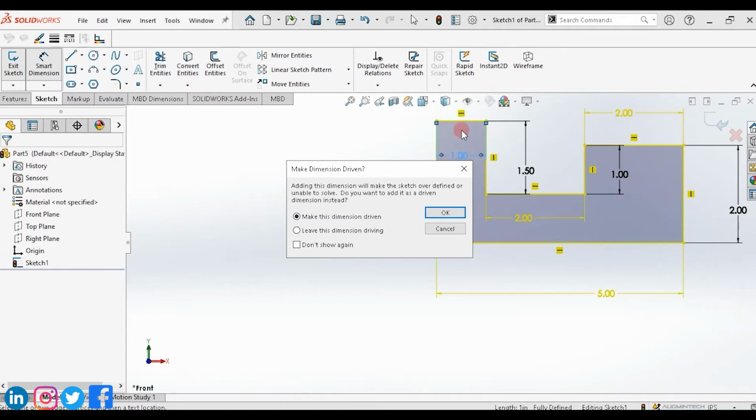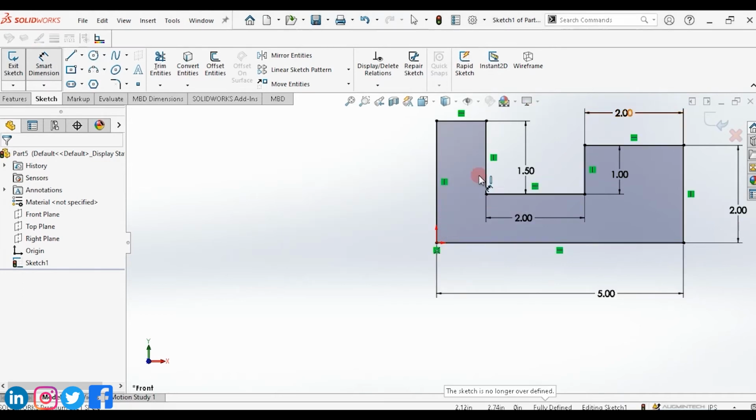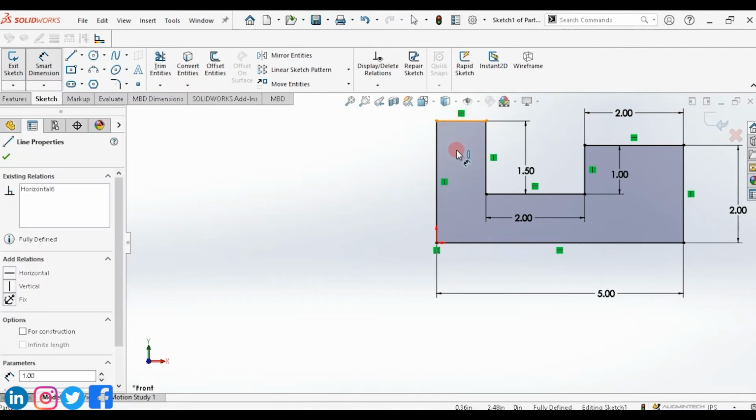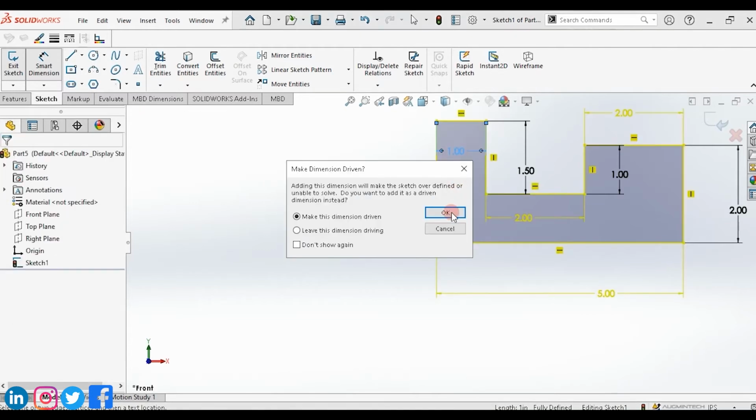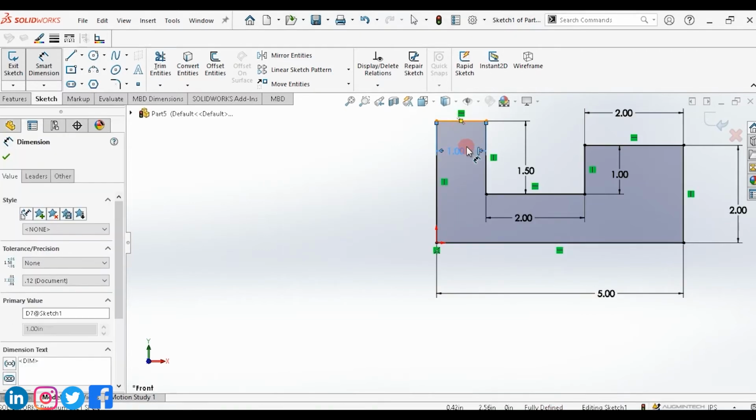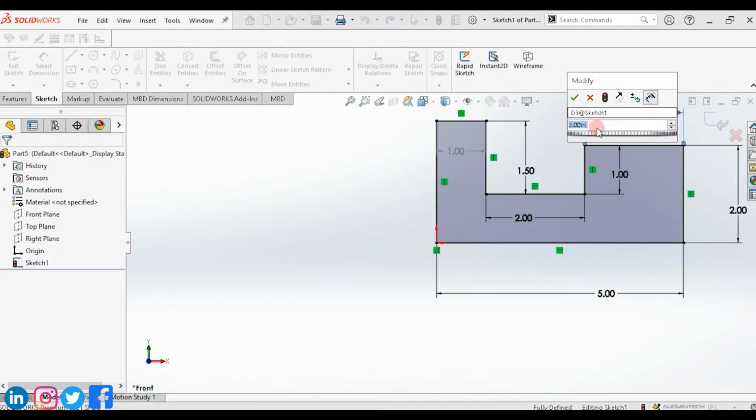So I don't need to set the dimension of this line because by default it is 1 inch. If I click cancel over here, then it will turn black. And if again I want to set this line, then if I click OK, this line will be 1 inch. And if I change the dimension of this line, suppose 1 inch,